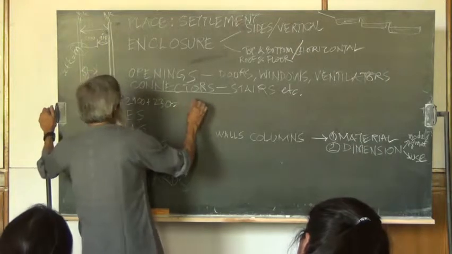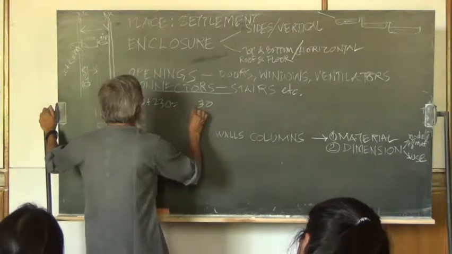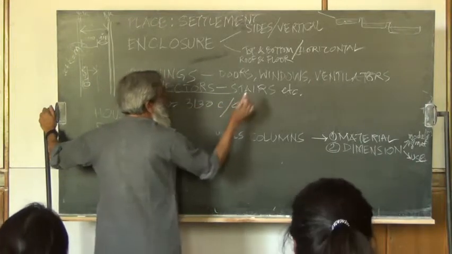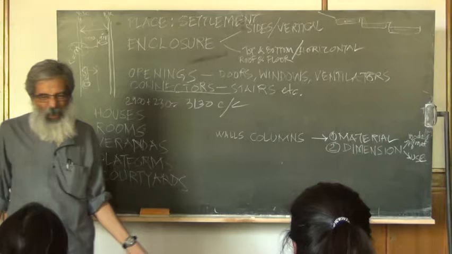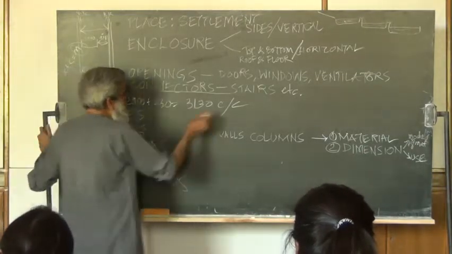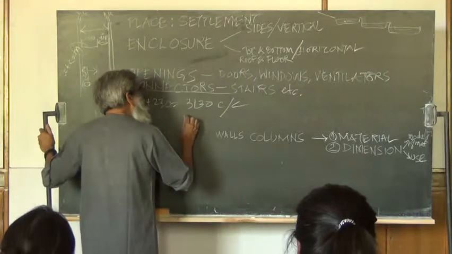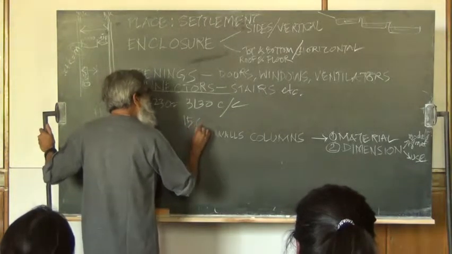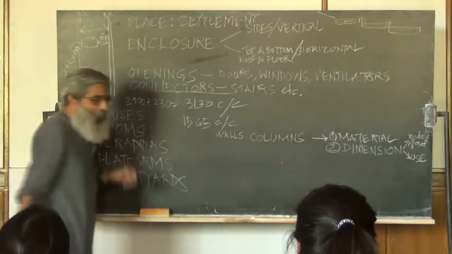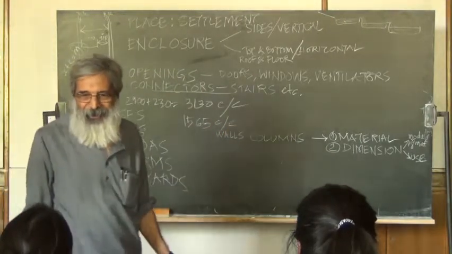So I will get how much? 3130 center to center. But suppose then I say, okay, if I make half of this, I will get 1565 center to center. And if I take the wall out of that, then I will